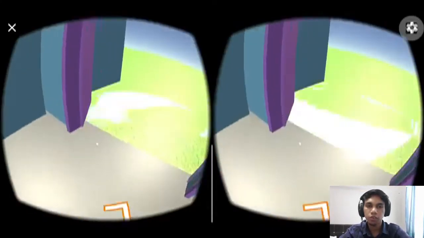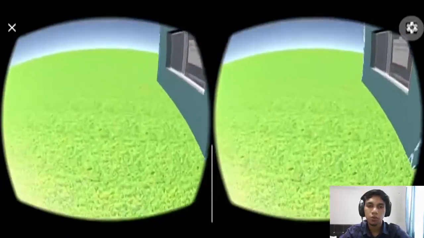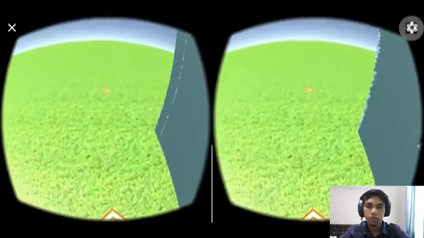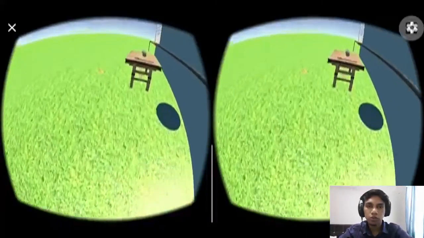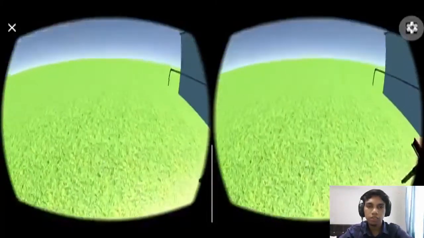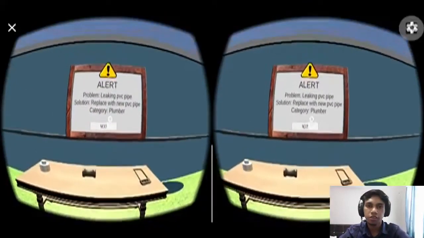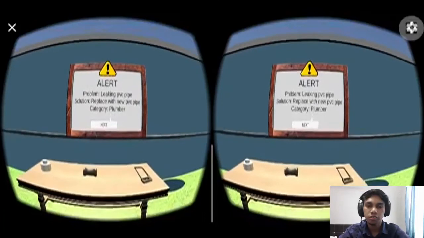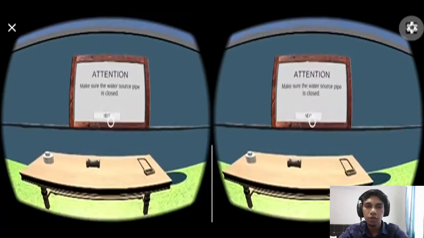Okay, we just follow the arrow sign again, and then we follow here until the outside of the house. Okay, so that is the arrow sign, and you can see the alert sign over here, which is the problem here is a leaking PVC pipe, and the solution is to replace it with a new PVC pipe, and the category is also plumber.